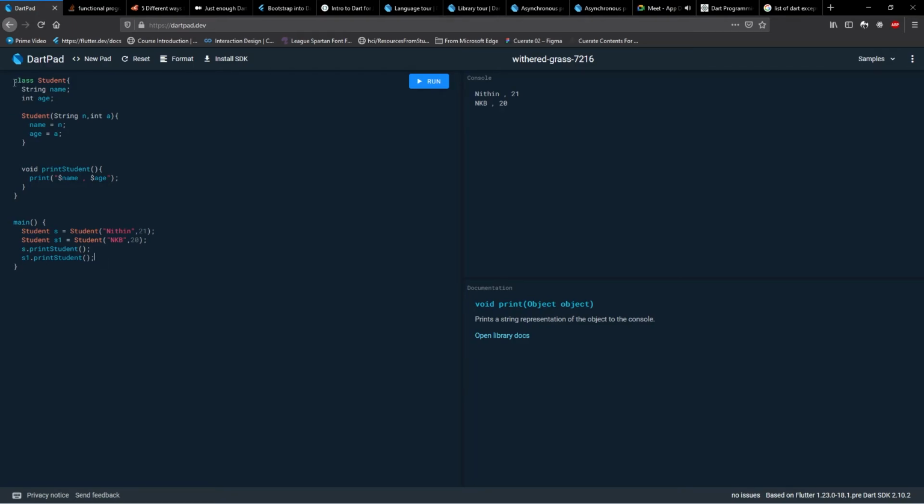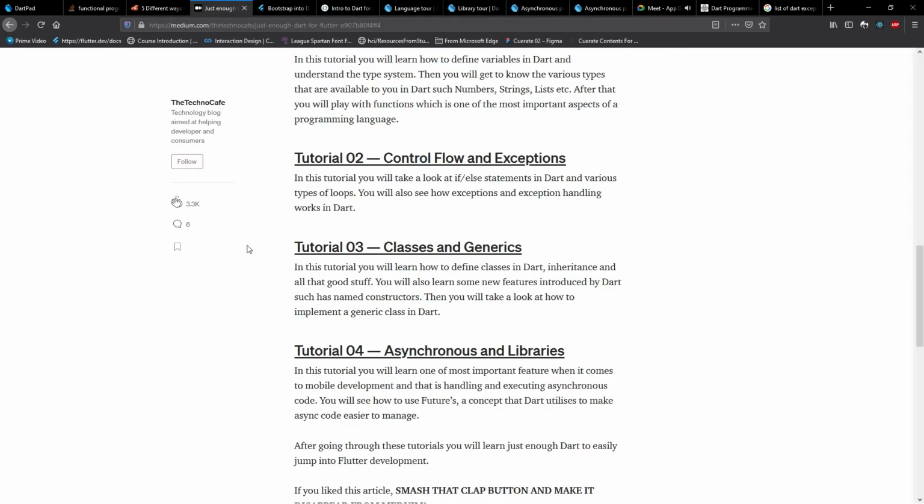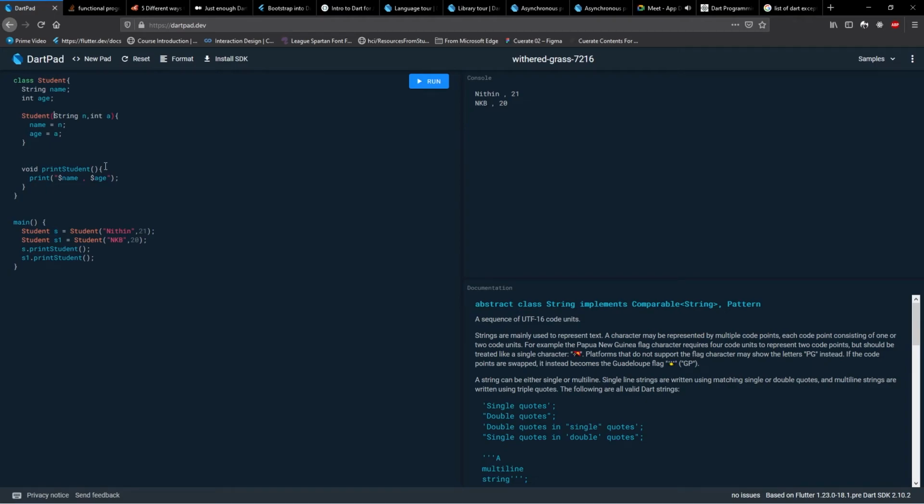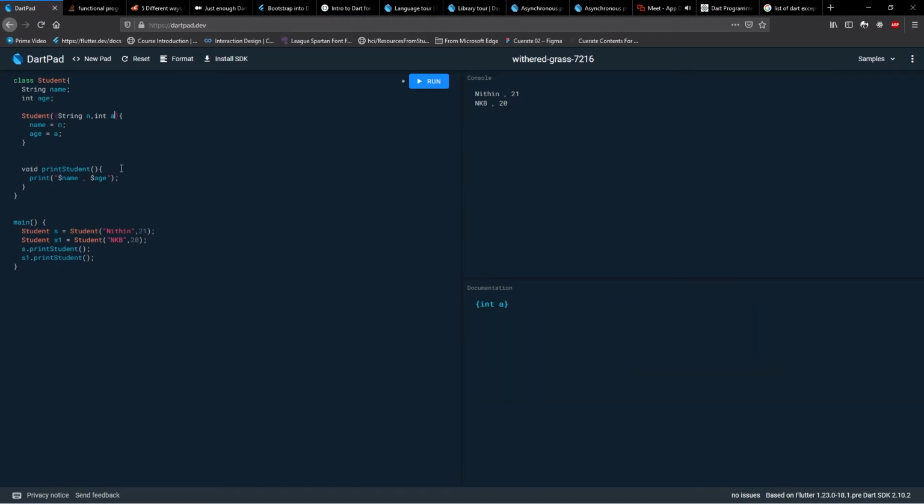Okay, so that is classes and objects. So what else? Named constructors. This we can also do, right? I talked about named constructors, string n and int a. Now how are we going to give these is the same as before.